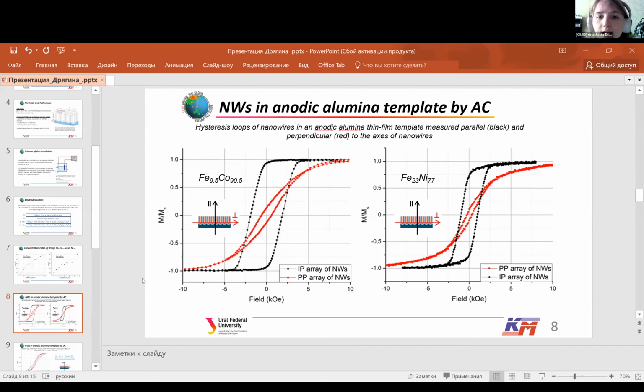On this slide, you can see an example of nanowire hysteresis loops for iron nickel and iron cobalt compounds. Nanowires in an alumina matrix are naturally ordered. The figure shows the hysteresis loops of the corresponding sample. As you can see, the coercive field, when measured along the axis of the wire, turns out to be relatively high, as well as the remanence, which indicates the presence of an easy axis of magnetization along the axis